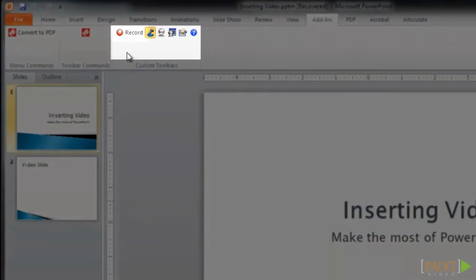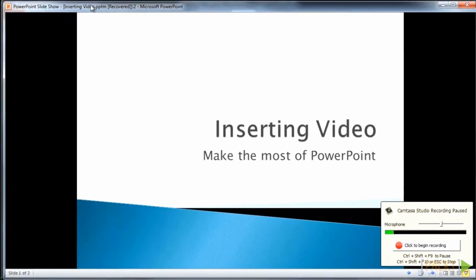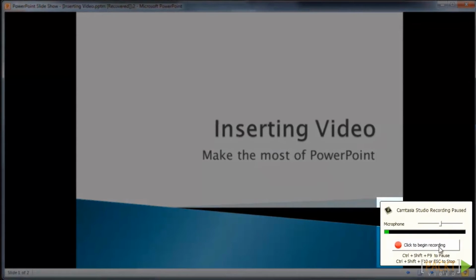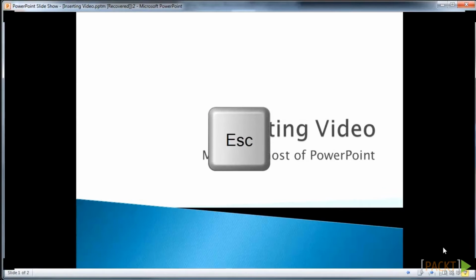Once you're ready to start recording, click the Record icon, and your presentation will go into presentation mode, and you can begin delivering your presentation as if you had an audience in front of you. When you're done recording, you can press the Stop Recording button or hit the Escape key on your keyboard